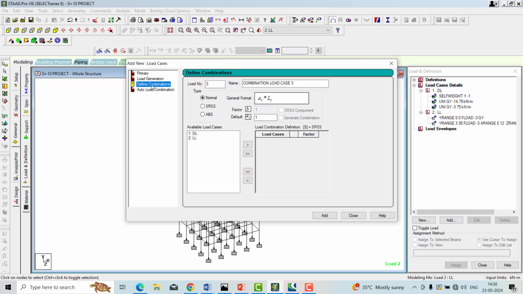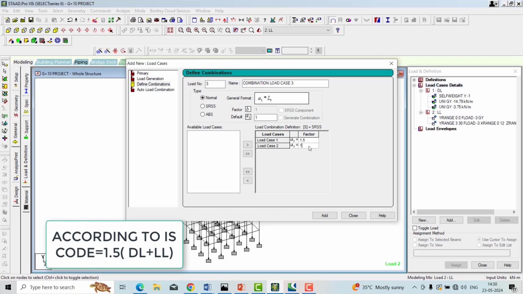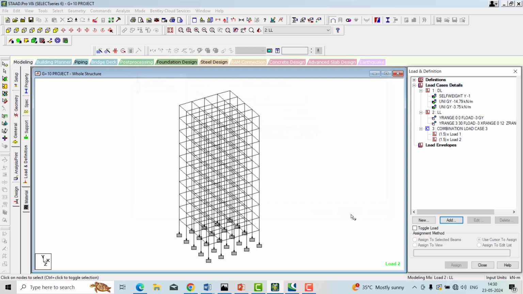Then you click on the define combination. We go with the define combination when we exactly know the combination. We applied dead load and live load. Add that category. And we know that according to the code the combination is 1.5. That is the factor of safety. Add it and close it.